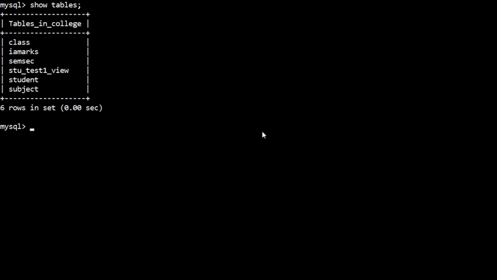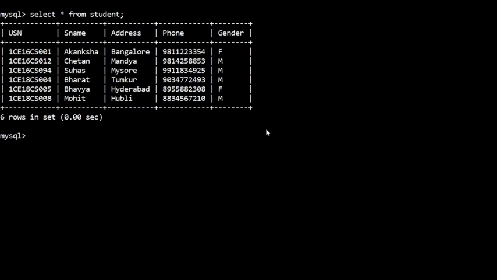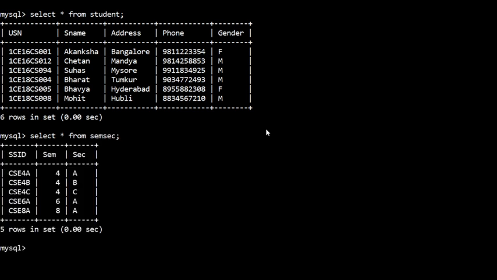First we'll see what information we have in the student table. In student I have these many tuples, 6 tuples. Then I'll check the SEM section table.